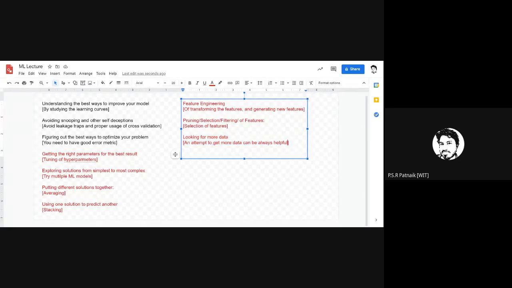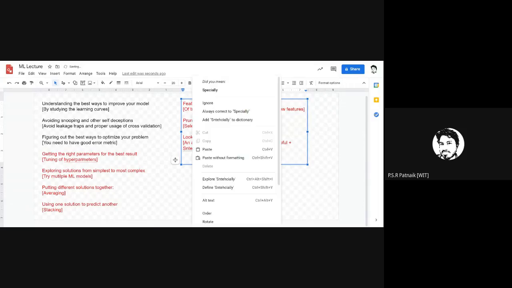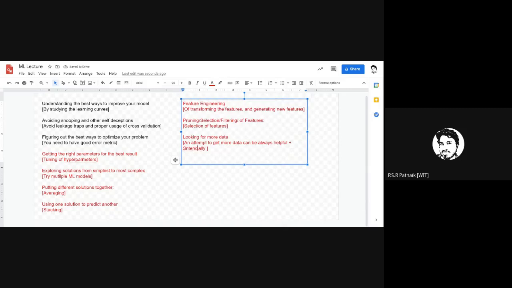And sometimes data can also be synthetically generated. So when I say synthetically, it means data generation as well. But this data generation has to be done very carefully. There is another domain where you can properly generate data without leading to any bias or variance.